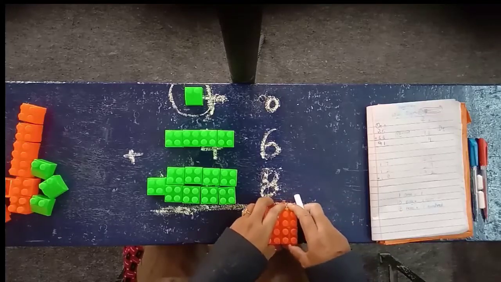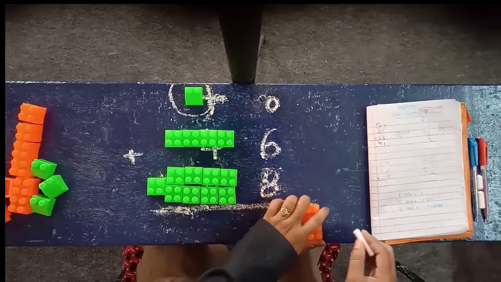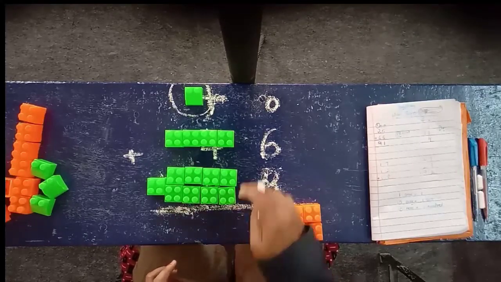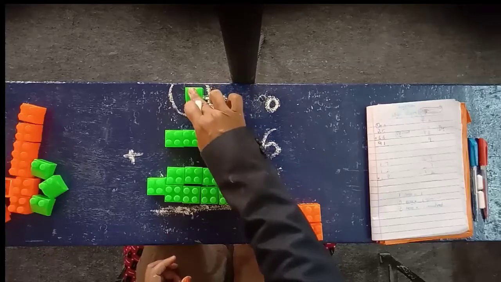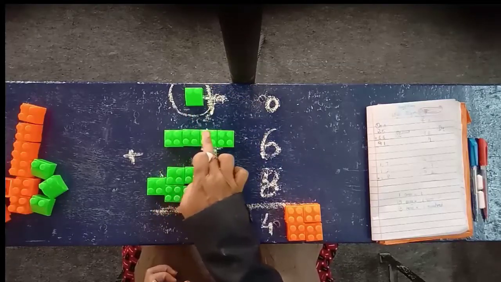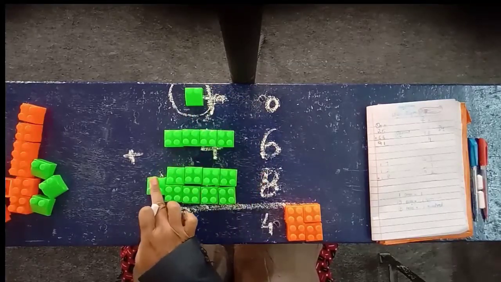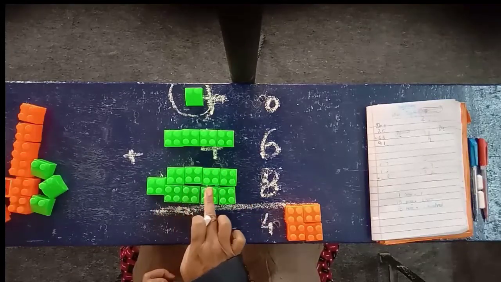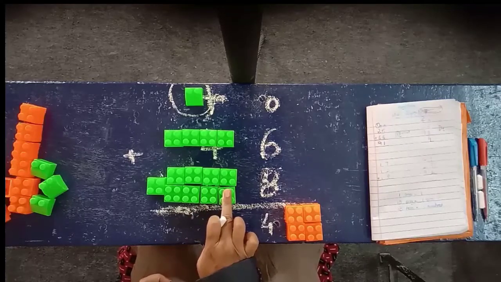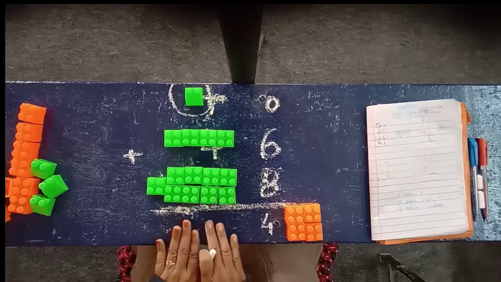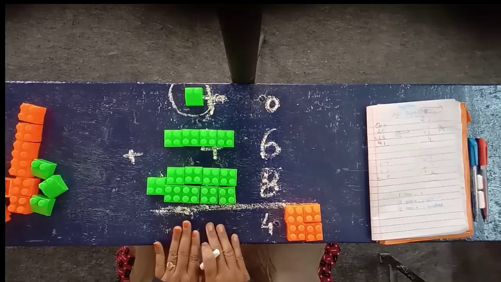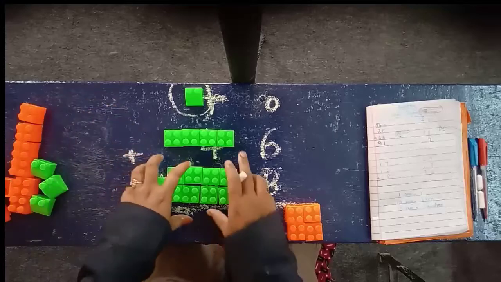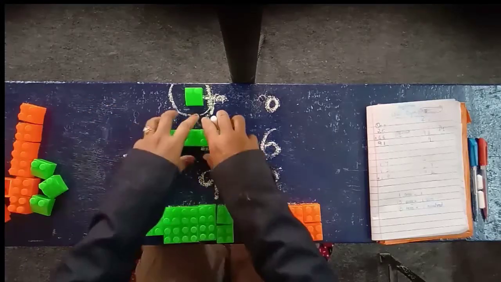So what is left here? Leftover blocks are 4. Here 4. Come on, let's count the tens digits. Now add the carry also. 1, 2, 3, 4, 5, 6, 7, 8, 9, 10, 11, 12, 13, 14. So total 14 we are getting. Here also we got a 2-digit number, children, but we don't have the hundreds digit to write the carry. So we are writing the 14 as it is here.